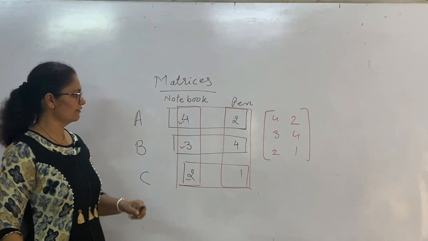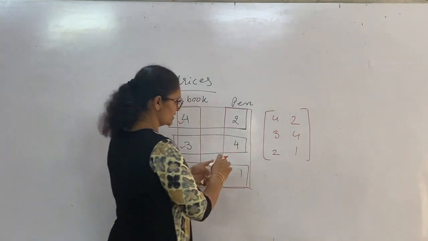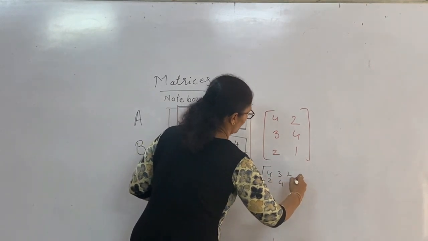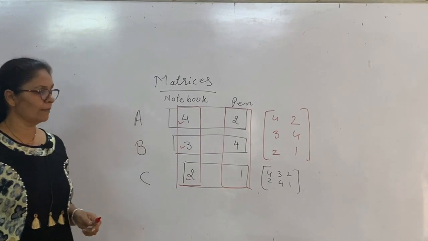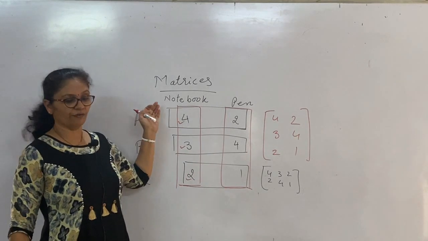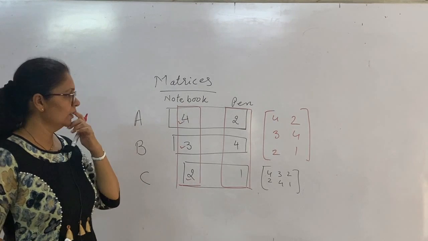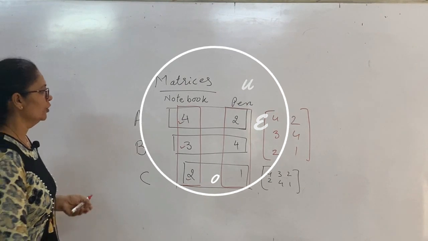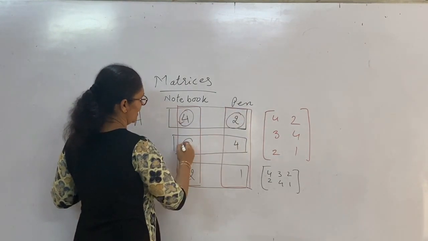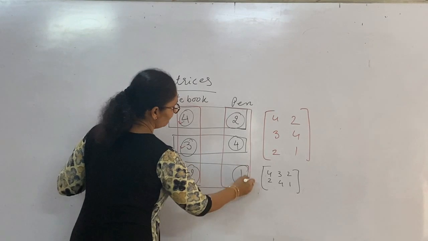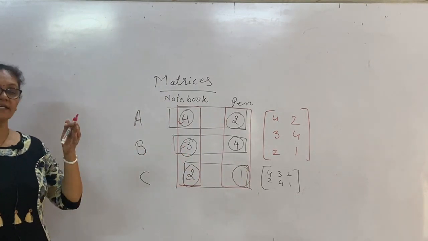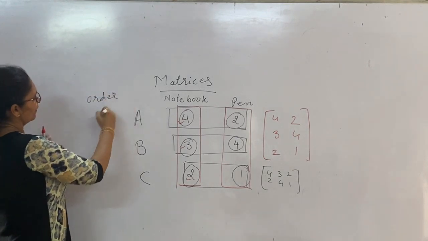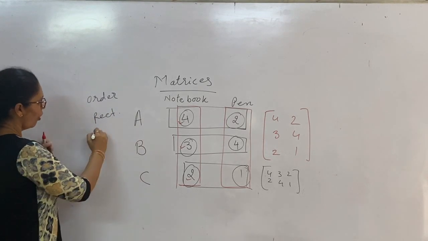Otherwise, you can say this is our matrix. Now I can write the same thing in this manner also, 4, 2, 3, 4, 2, 1. So this is again a matrix. So the first thing we have to learn is what a matrix is. A matrix is an arrangement, but an arrangement of what? An arrangement of all the elements. And which type of arrangement is this? It is a rectangular arrangement. So an order-wise rectangular arrangement of elements